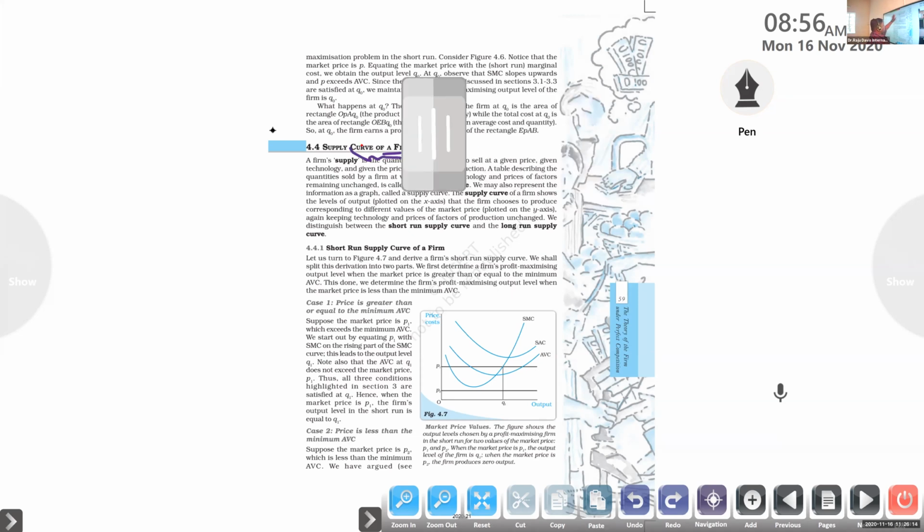Not only the given price, but also the given technology and the given prices of factors of production. We always want to maximize profit, right? So the cost of production should always be less than the price of the commodity. If the cost of production is greater than the price of the commodity, no production unit will produce the product. Clear? That's the basic idea. So underline this: the firm supplies the quantity that it chooses to sell at a given price, given technology, and given the prices